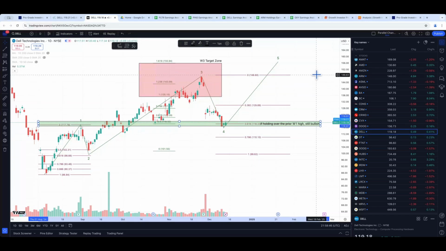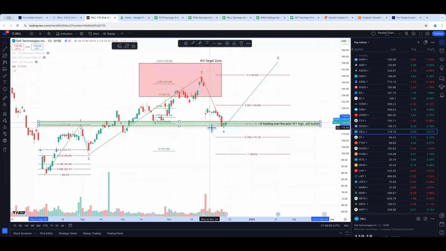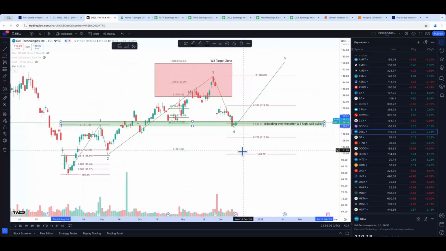And if you are thinking of entering a DELL trade right now, you've also got a pretty nice logical place to put stops. So you could say, well, look, if it drops much below this post-earnings low at 115, something bad has happened, this chart's wrong, that's not a 1, 2, 3, that's probably a 1, this is a 2, that might mean that it corrects all the way down to the 90s. You don't want that. So you can think about placing a stop somewhere below that post-earnings low to minimize your losses in the event that it drops, while still gunning for this move up to potentially above that wave 3 high, and let's call it 150 plus to the upside.